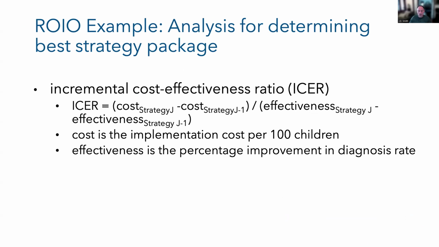The other thing that we've tried to encourage people to do is, for determining the optimal strategy, it really shouldn't rely only on effectiveness of achieving maximum reach or maximum fidelity, whatever it is. You also want to consider incremental cost effectiveness ratios. So essentially what this is comparing is whether the cost and effectiveness of package A was better than package B and vice versa. And so in this one, we had standardized the cost per implementation of 100 children and the effectiveness percentage